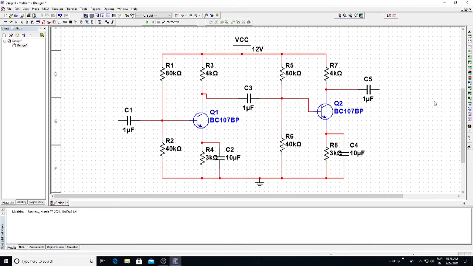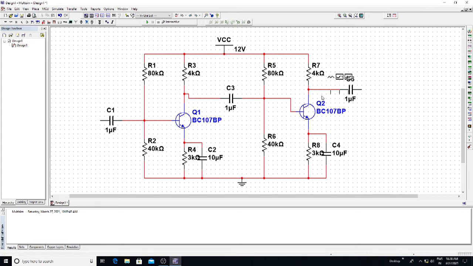So now I am giving an input signal from a function generator. If you place the cursor here, I can get the names of the devices. See here, this is a multimeter, function generator. So click on function generator.